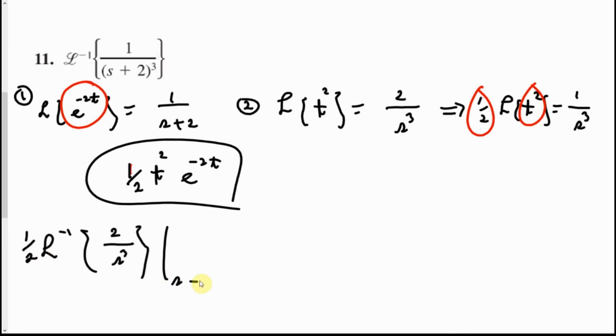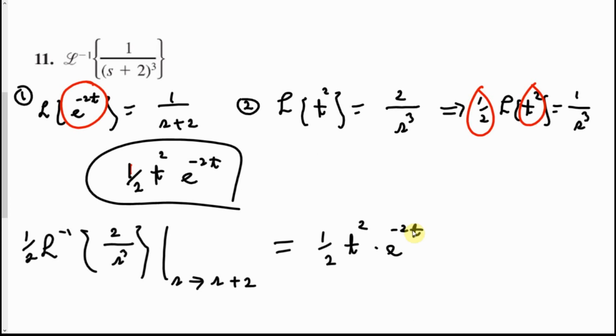And then there's a translation on it where this s is actually s plus 2 goes back to s. So this is this 1/2 t to the second, and then you have this first translation, which is times e to the